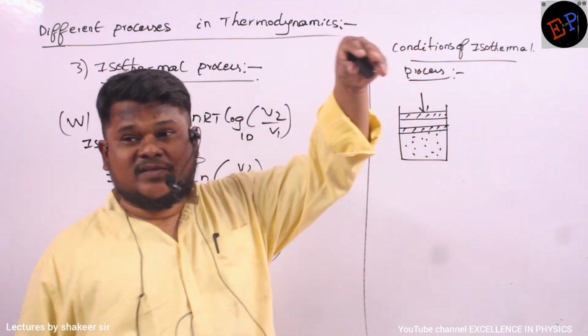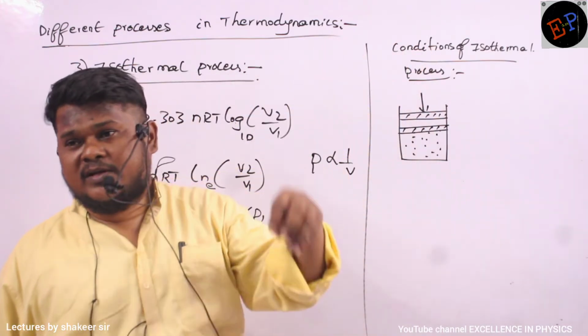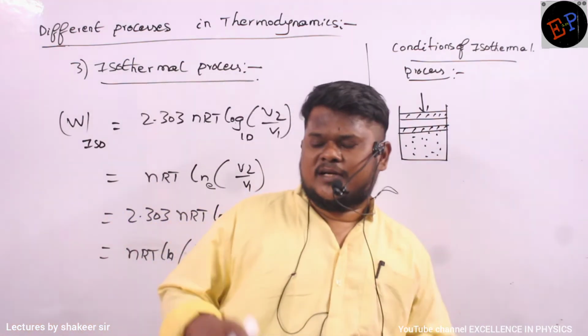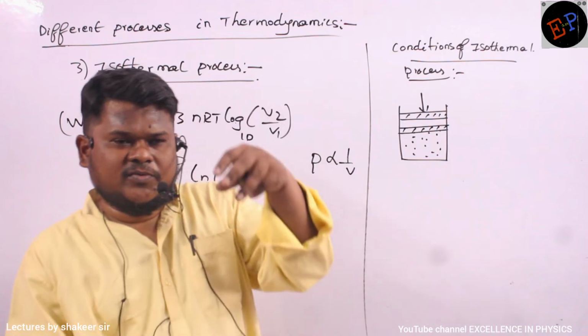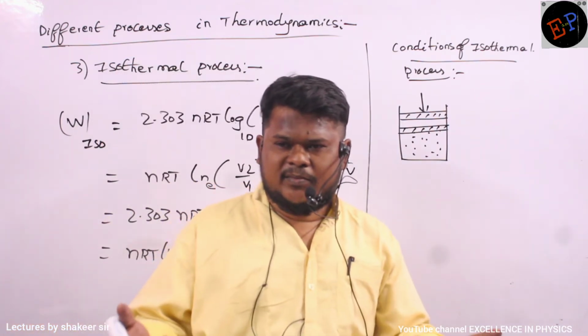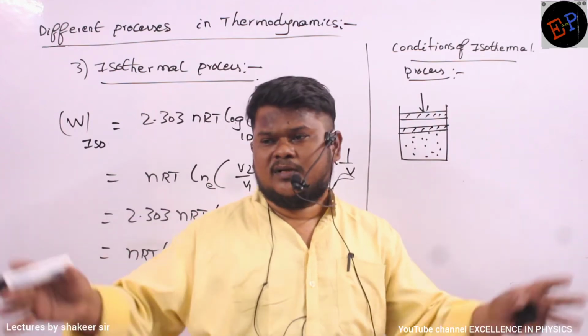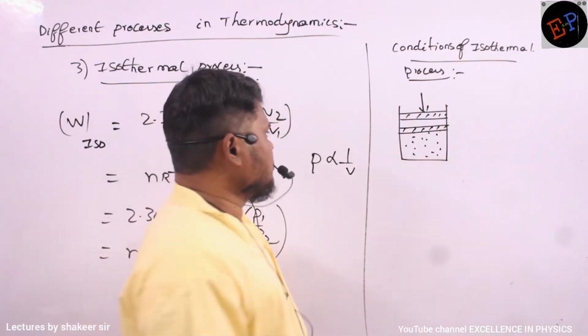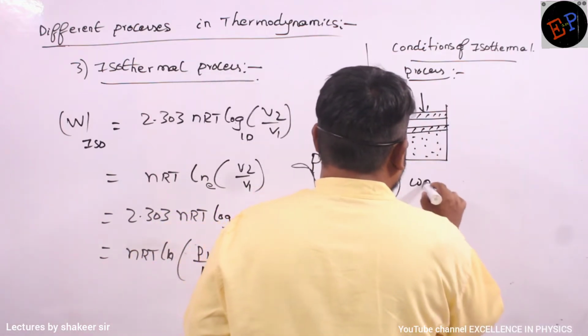We have to compress this piston very, very slowly. Infinitesimally slowly. That is the actual word which we should use. It means we have to press the piston so slowly that as soon as there is a change in temperature, heat energy goes out of the walls of the container and temperature again remains constant. Okay? So the first condition is that walls should be